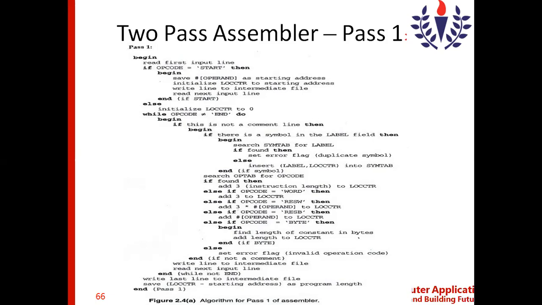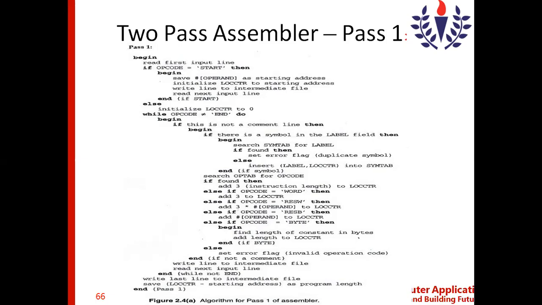As you know, an instruction has a label, opcode and operand. These are the fields available in the instruction. When you write any instruction, you can see there is a label, an opcode and an operand. Sometimes you may not see the label, sometimes you may not see the operand as well, but you would always see the opcode.